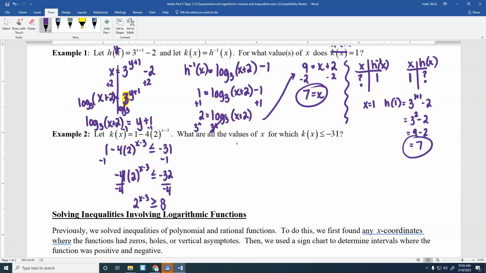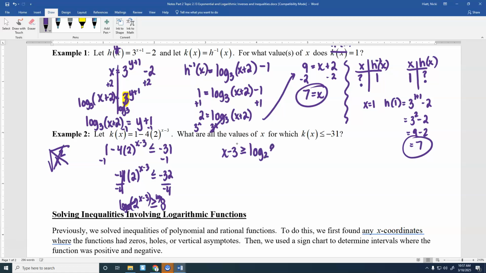And so I then have to get rid of that 2. How do I get rid of 2 whenever it's a base? Not square root, log base 2. Because it's not an x squared, which we would square root. But this is the base you're trying to get rid of. So you're going to do log base 2 right here, and log base 2. So I've got x minus 3 is greater than or equal to,